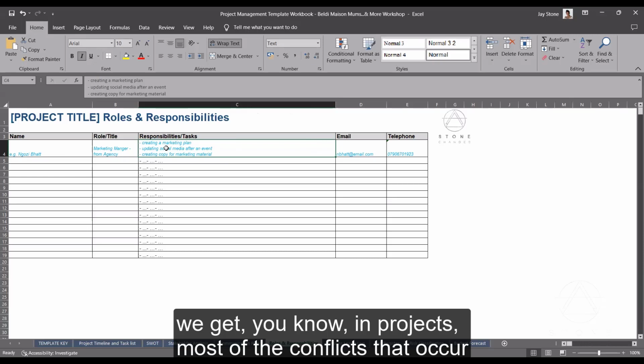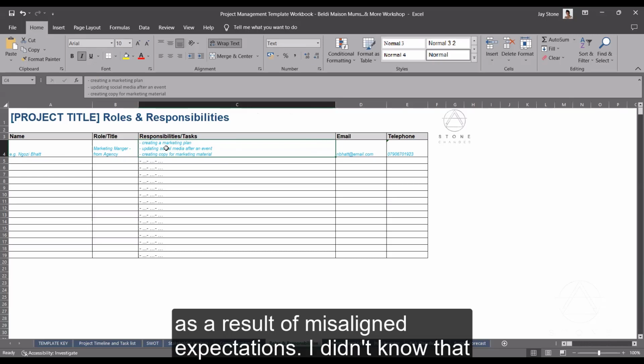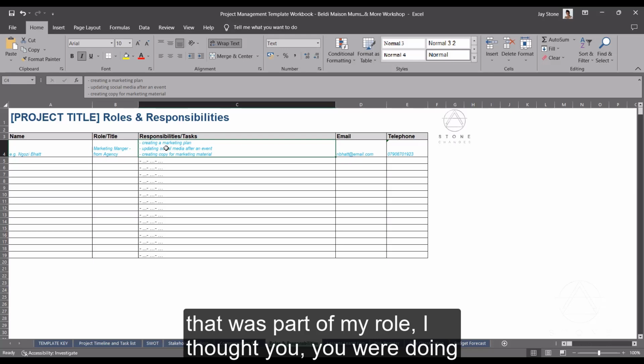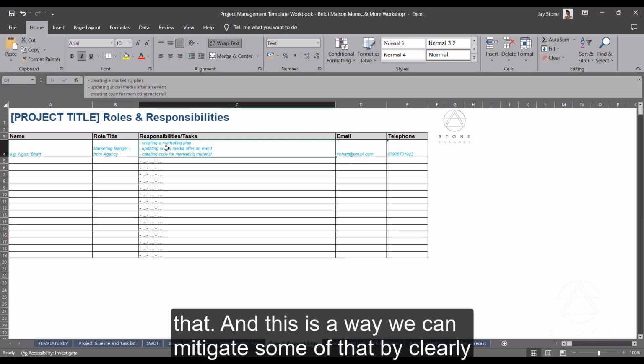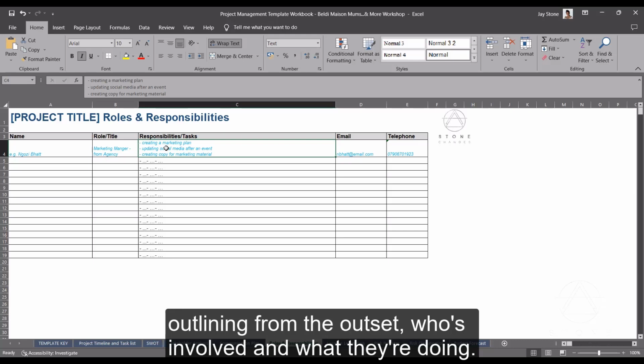Often in projects, most of the conflicts that occur are a result of misaligned expectations. "I didn't know that was part of my role." "I thought you were doing that." And this is a way we can mitigate some of that by clearly outlining from the outset who's involved and